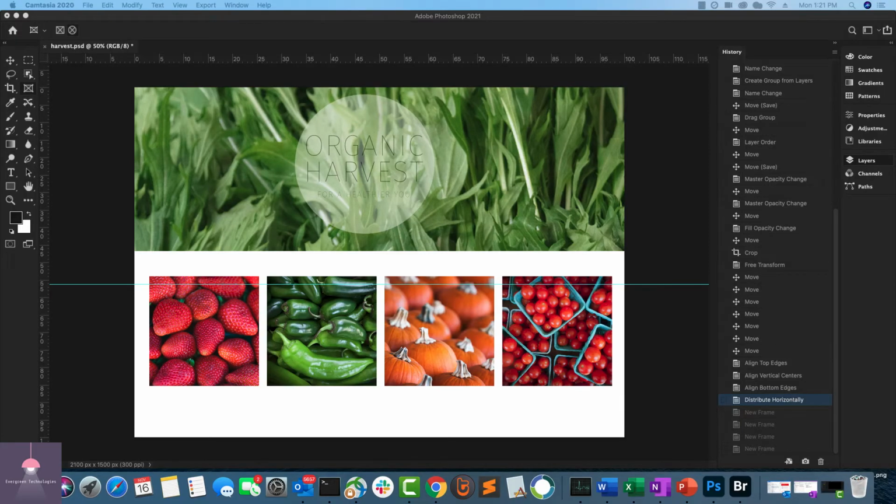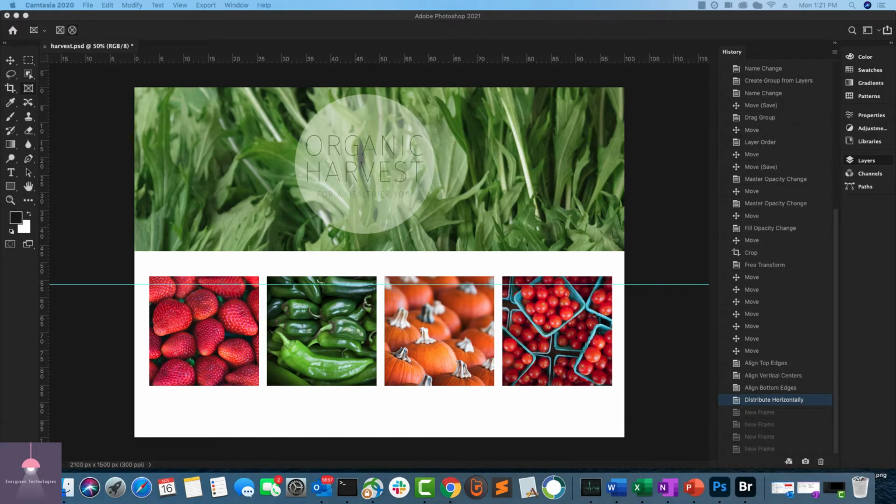So let's see how we can convert square images into circular images in Photoshop. I have Photoshop 2021 open on my desktop, and I have this image where I'm just trying to create a poster for an organic harvest festival in my city.